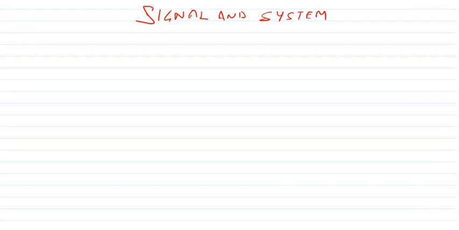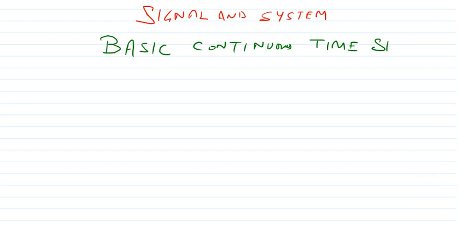So basically in the last class we studied some basic concepts related to the classification of signals and what a signal is. In this class we will discuss some continuous time as well as some discrete time signals. So let us start with basic continuous time signals. We will look at some basic continuous time signals. Also, we will discuss some important properties of these continuous time signals.